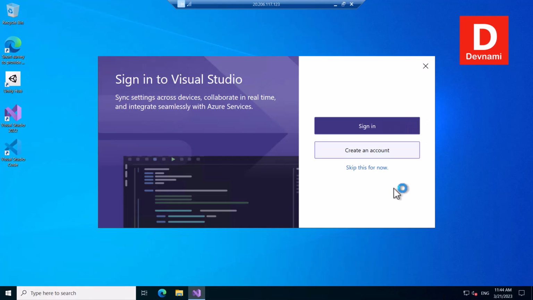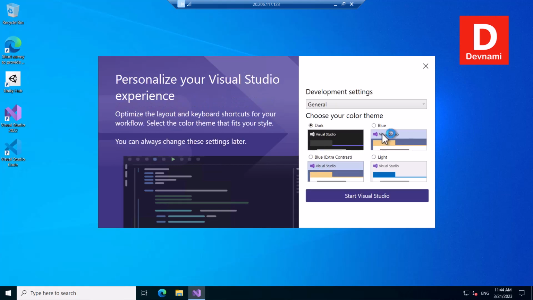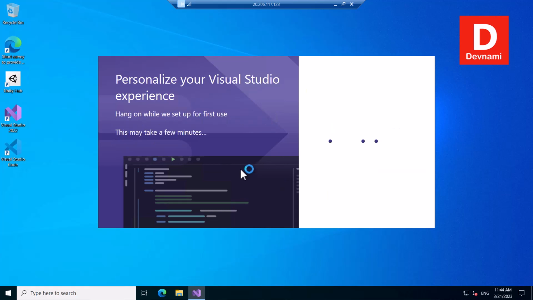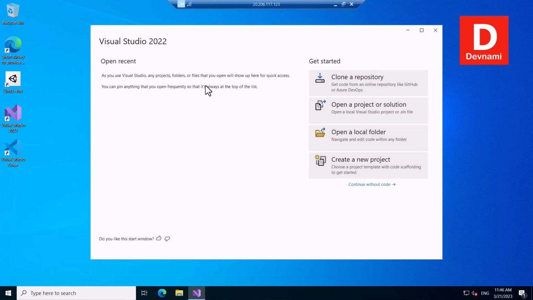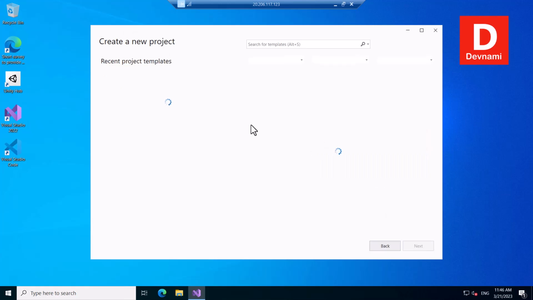Once you open it, it will show you all the options and skip some of the options that require you to log in, you can pick the simplest interface and just load your VS Studio. As you can see, Visual Studio is open. You can create a new project simply by clicking on the create new project option, and it will be visible to you like this. As you can see, it takes a bit of time for these things to load,